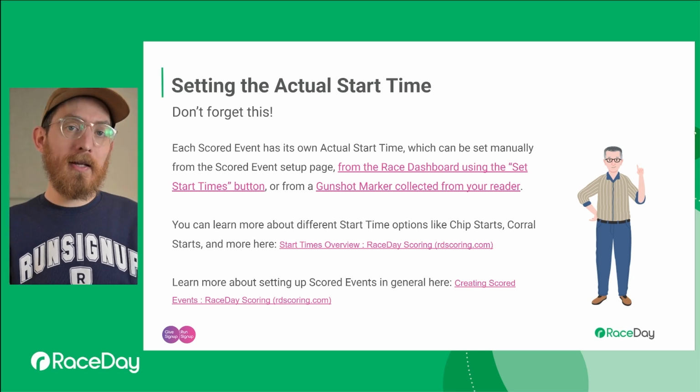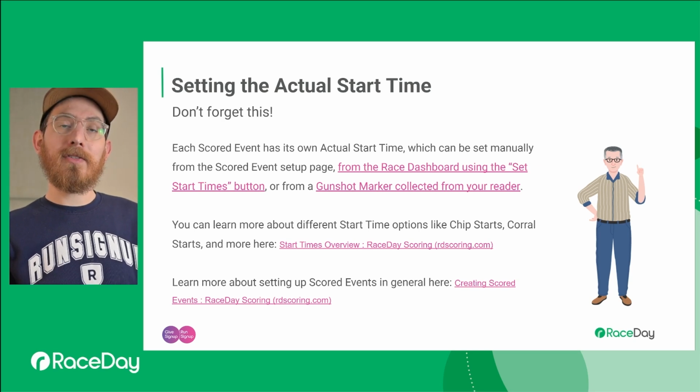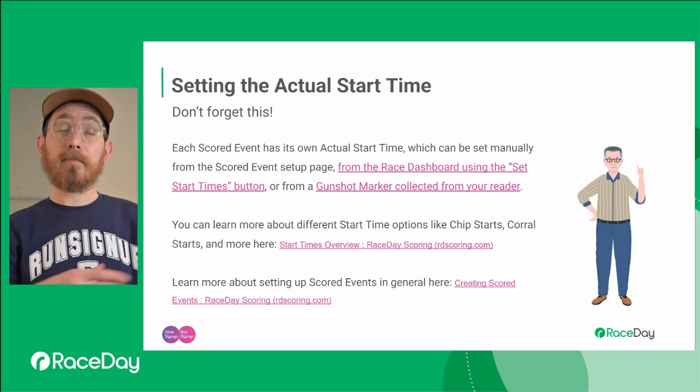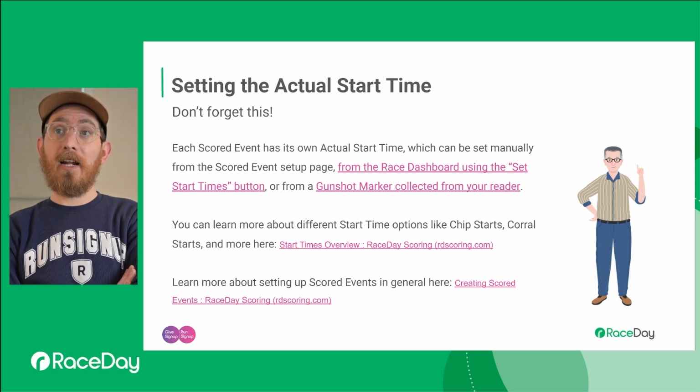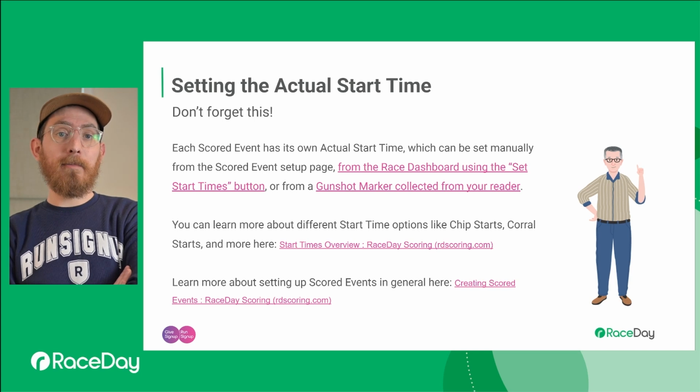So there's a lot of different ways you can set start times in race day scoring. I recommend that you take a look through these articles, see what's possible. There are also ways that you can set up corral starts. And this guide, Start Times Overview, does a really great job at explaining how all of those work together, because